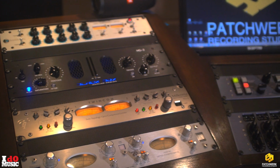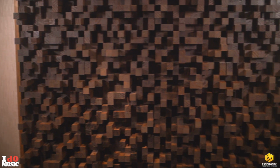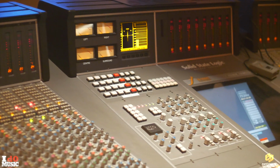We're in the mastering studio here at Patchwork Recording Studios talking about the mastering process and the mastering service that we offer here. Kind of explain a little bit about the mastering process. A lot of people think it's kind of like voodoo, something that's kind of unexplainable, but basically, mastering is the last step in your process of getting your song from recording to mixing to the radio. So the mastering is your last little step that we take to do that final little tweak